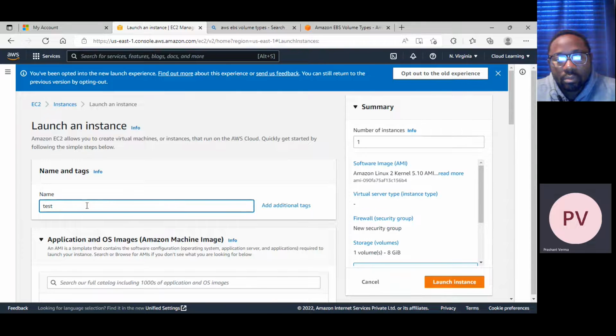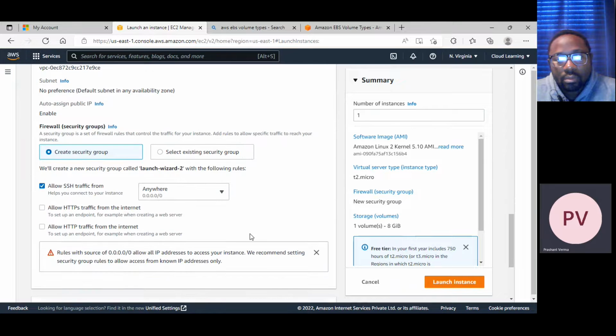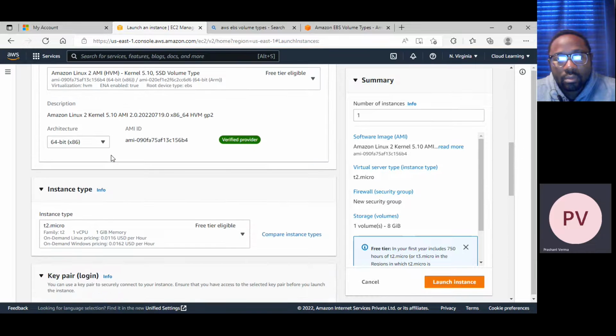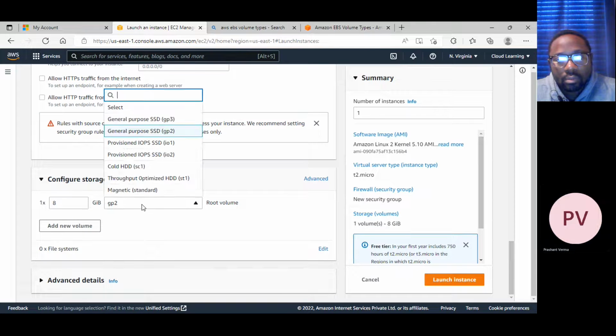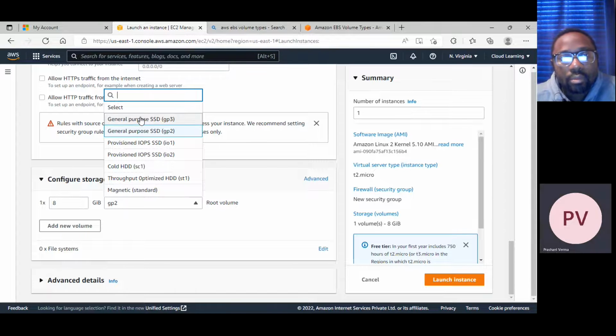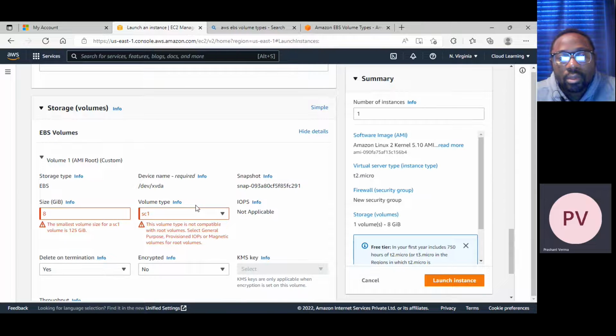Maybe whenever you get time, you can watch the recording as well, so it helps you. So if you go here in the storage, somewhere I should be able to show you. Yeah, here. I can see them now: general purpose, provisioned, magnetic, but I think you will not be able to use this. It is not possible, right? Earlier this used not to be visible, but now it is visible somehow. But again, it is not supporting actually.